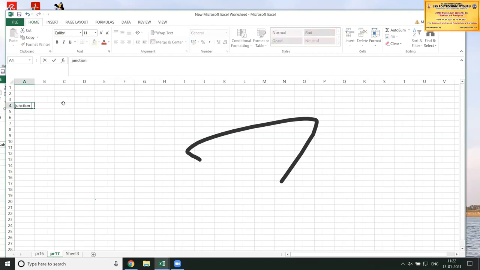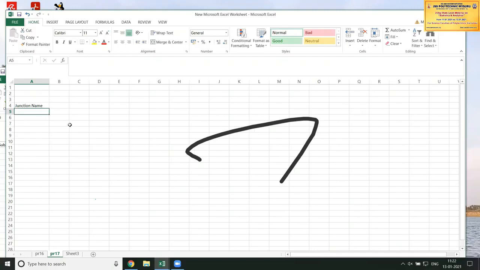First, I'm going to create the table. Junction name. Okay.